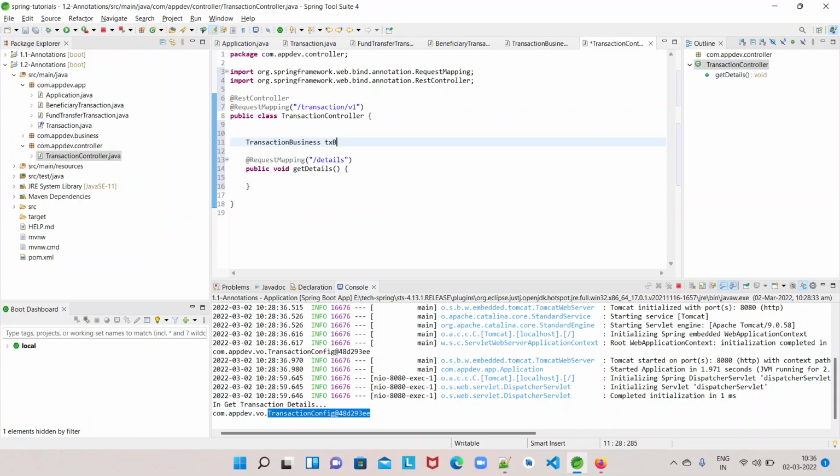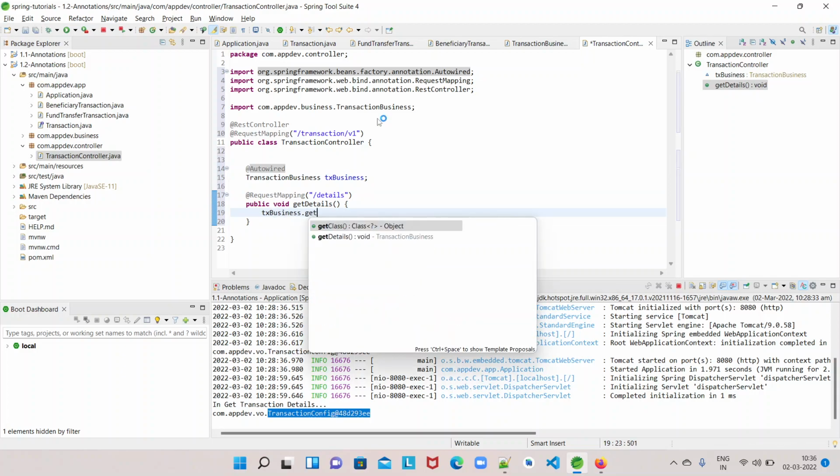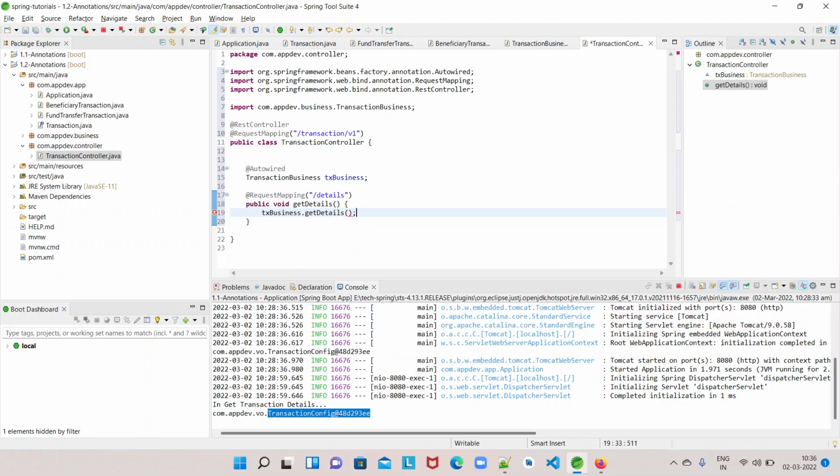We will use at the rate Autowired because the dependency will be injected by the container. Now txBusiness.getDetails, I'm calling it.